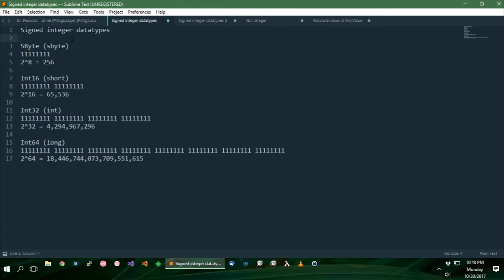Computers have a limited amount of memory they can use to store stuff, including numbers. So we try to limit our numbers to a few bytes. For example, if we take 1 byte, which is 8 bits, we can use these zeros and ones to form 256 different numbers. If you use 2 bytes, we can form